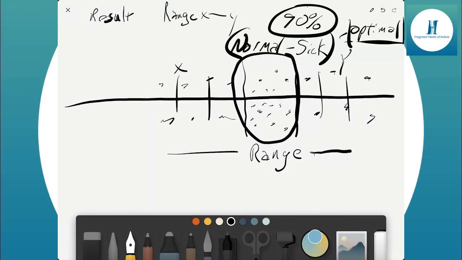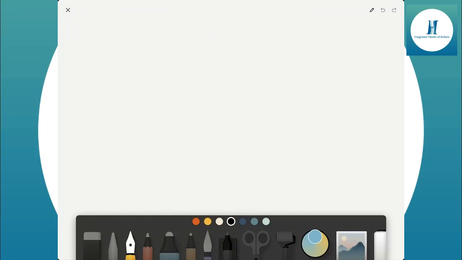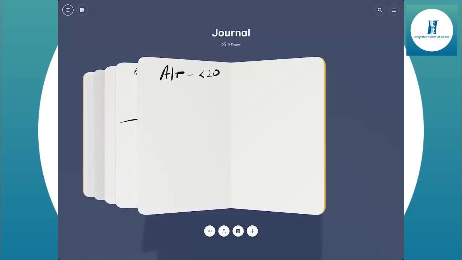And so if I take a moment and say, let's just take, for instance, the lab value of ALT. ALT is a liver enzyme. Back in the 50s, an ALT of less than 20 was good. So your ALT was less than 20. Now, following this model,